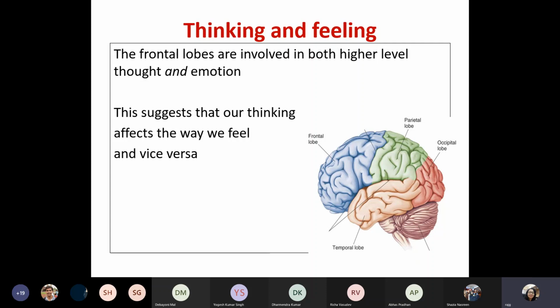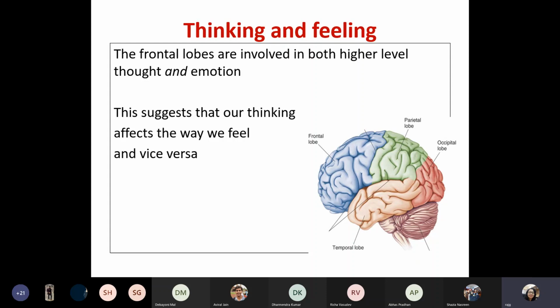One is you can see it subjectively. How do you feel? You ask the individual, and the person says, yes, I feel great after doing maths. Somebody who doesn't like doing maths will say, I feel horrible after doing maths. On the other hand, the objective measures would include you putting some instruments in place to check certain parameters. And these parameters, as I mentioned in the previous slide, would be across the body, not only in the brain. But in the brain also, there are some specific areas that are related to this.